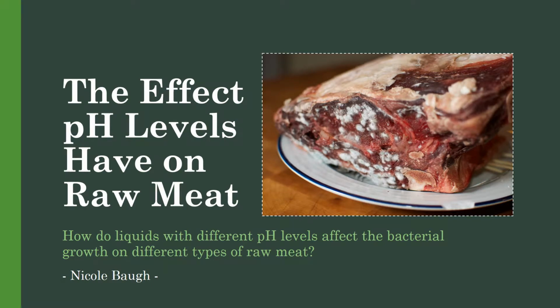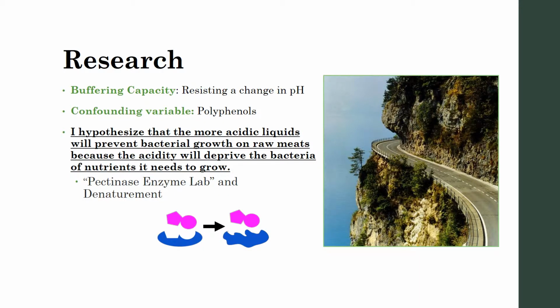My project was the effect pH levels have on raw meat, and specifically how do liquids with different pH levels affect the bacteria growth on different types of raw meat. Based on my research of buffering capacity, which is basically when cells are able to regulate their pH levels into whatever level is optimum, similar to guardrails on a road, and confounding variables such as polyphenols, I hypothesized that the